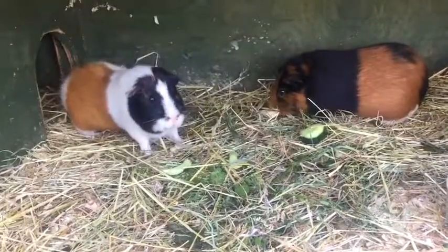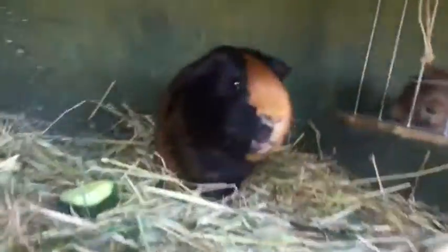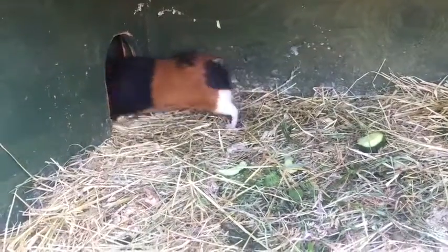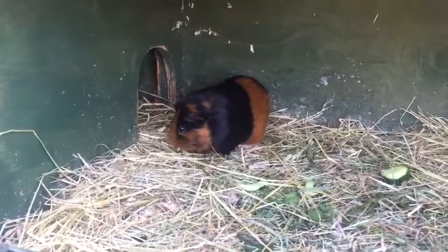Now in this side we've got Angus and Gus. As you can see, Angus's foot there is still a bit sore. You can sort of see his lips a bit. Hello baby. But these two have lived together for like 2 days. This is about the second day and second night now. They've been together 2 nights already. I've now got Angus and Gus, they're both bonded together